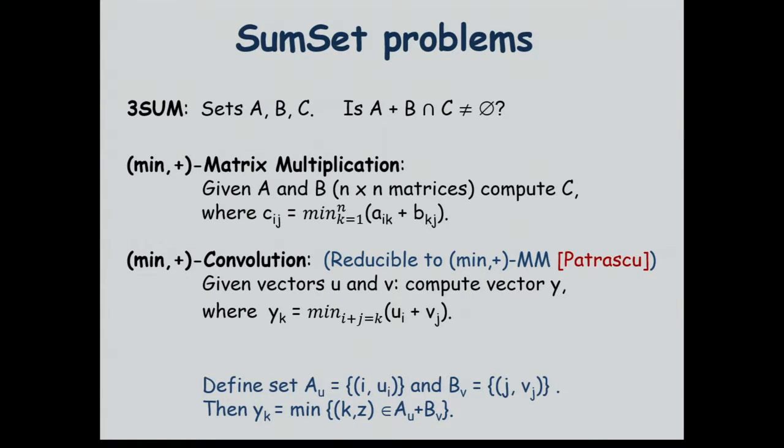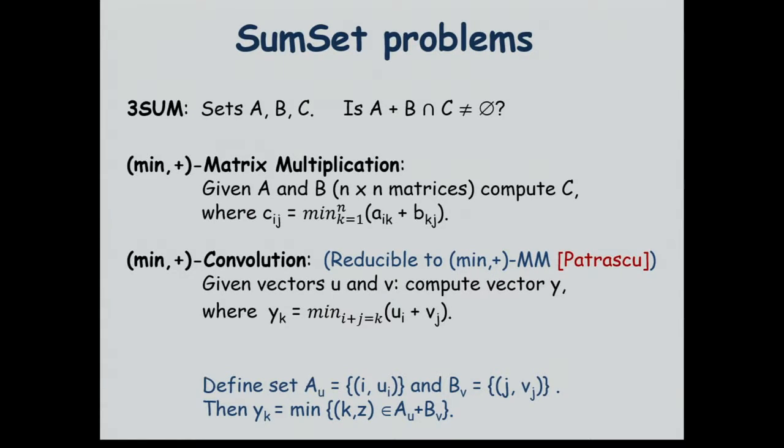Okay, so why do I call this a SumSet problem? Because you can take this problem, the min plus convolution problem, and you can actually define sets for u and v. You can take a set A_u where you define each u_i as a pair (i, u_i), and you define the set B for the vector v_j, where you define pairs (j, v_j),